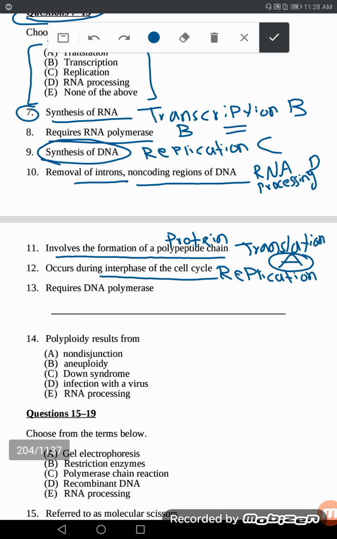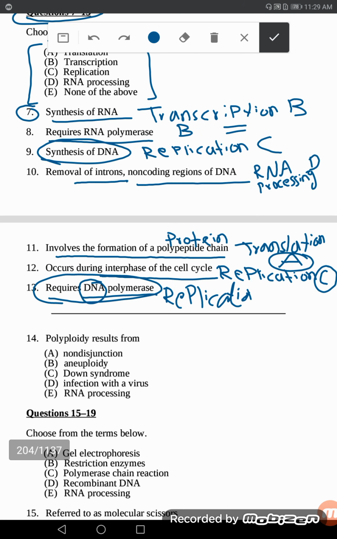The process of replication, which is C. Specifically during S phase, requires DNA polymerase. DNA polymerase, like RNA polymerase, is an enzyme needed for the formation of DNA. So when do we need it? During the replication process, which is